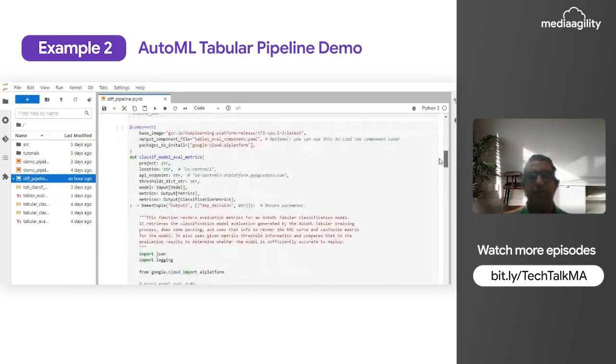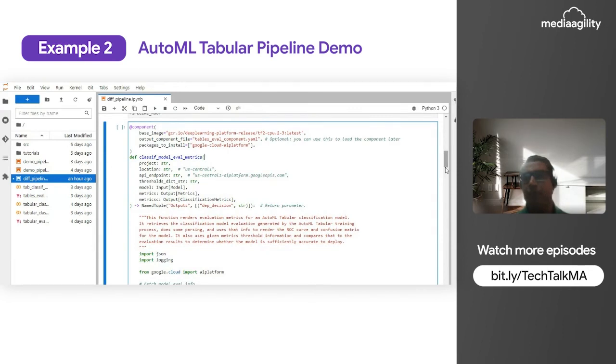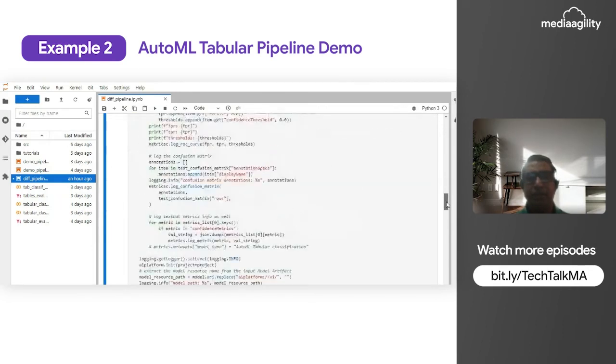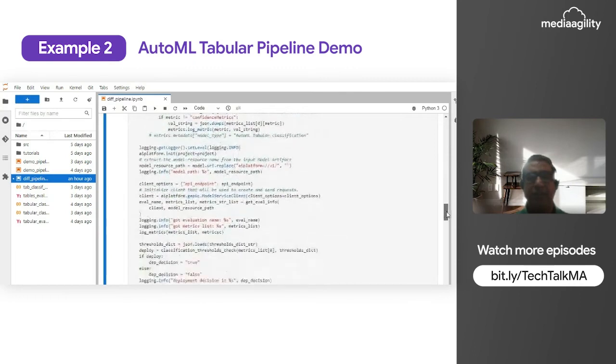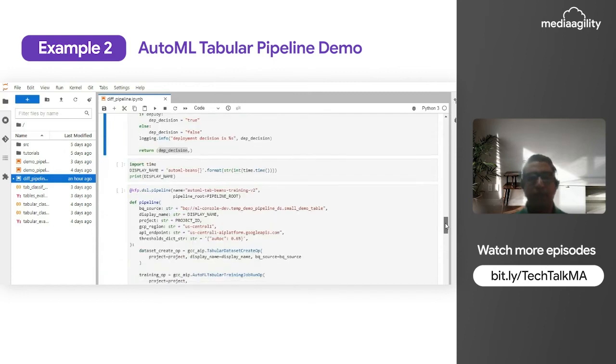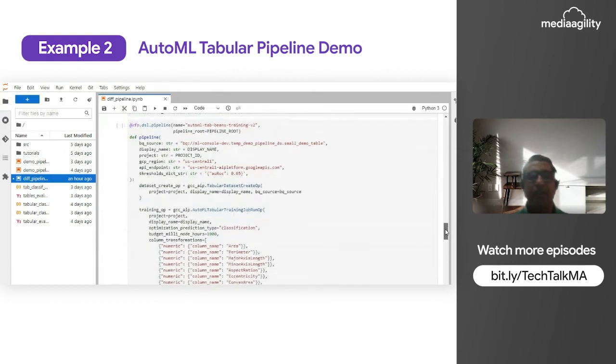So this is the first component that we have created. In this component, we are providing the model's output, and it is processing it by comparing various kinds of input. We need that much AUC with that much precision. After processing all of this, the system is going to provide the deployment decision. So now let's see how the pipeline looks.